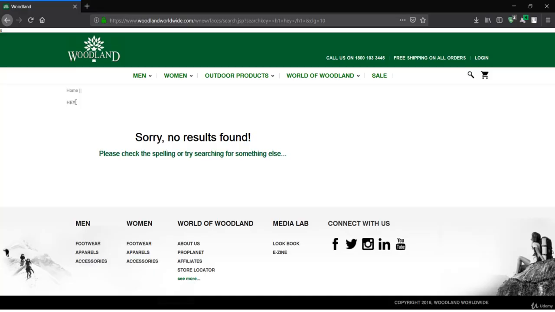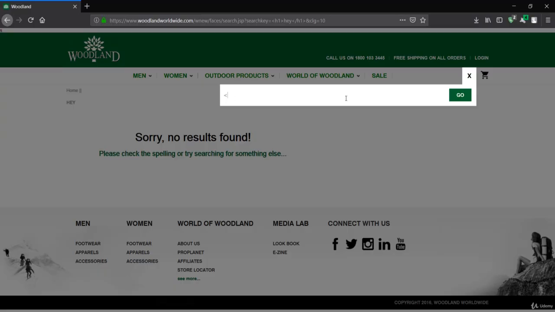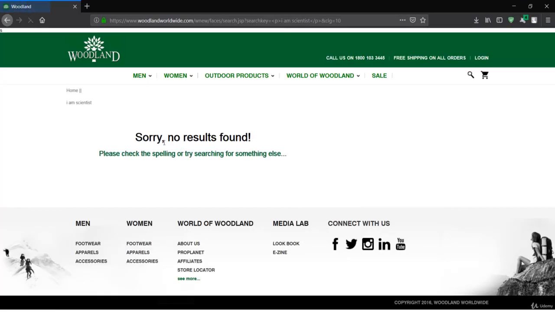So it is a type of attack. Whenever you reflect any content, or when you manipulate the content, here what we did was we manipulated the content of the HTML web page. So we just changed something with the "hey". You can do anything. You can also make use of a paragraph tag, and you can say that I am a scientist or something like that, and close the paragraph tag again. And if I press go again, you could see it will reflect right over here. That means you are changing the content of this HTML web page. So this is the way.